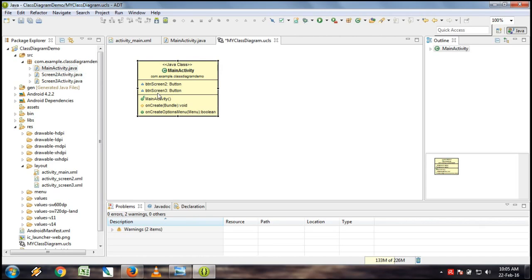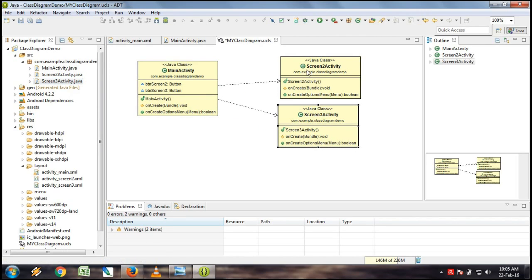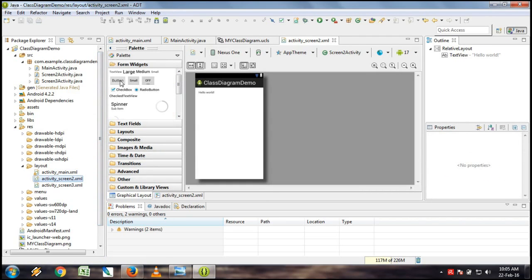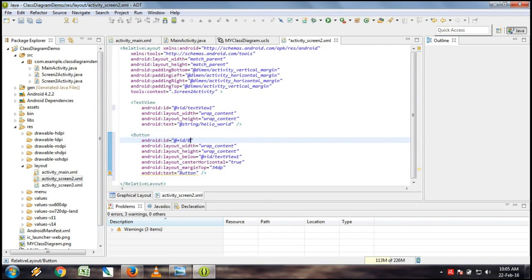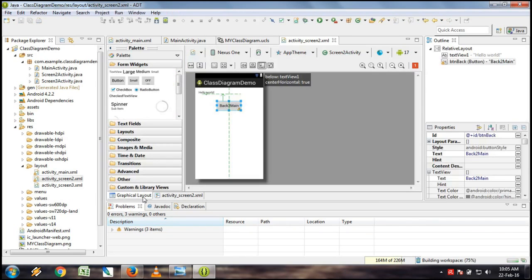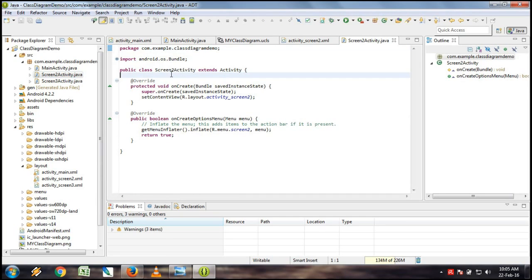Drag and drop MainActivity here. Okay, all the variables, activity and methods, and screen 2 and here screen 3. Yes, very simple. It will reflect whatever changes we make in screen 2. Just to show the dependency, we make one dependency: from screen 2 we make one back button which will redirect to the main activity, btnBack in screen 2, back to main. So MainActivity to Screen2Activity and Screen2Activity to MainActivity, we can redirect